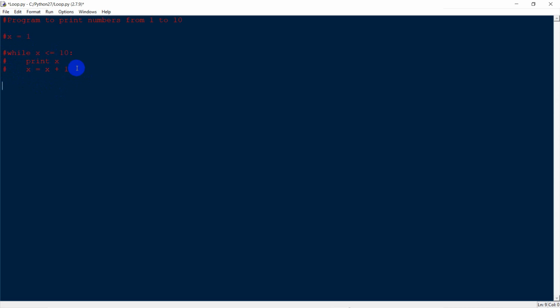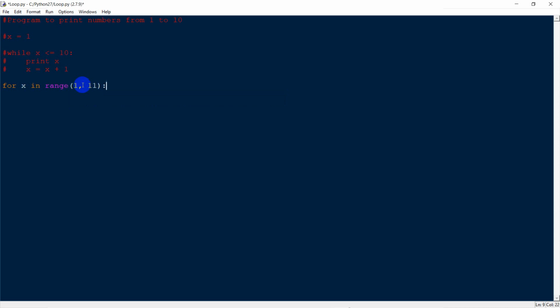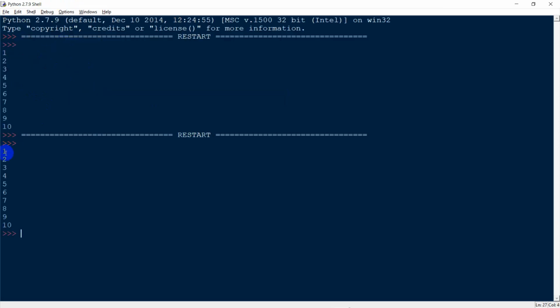So this time what we need to do is say for x, and we need not have written x equals 1 here, and you'll see why. For x in range, and we need to add two numbers here. So let's just go ahead and add 1 comma 11, and the reason I'm adding 11 there is you'll actually see why that is. Let's just go ahead and save it, and let's do a run module, and it actually prints from 1 to